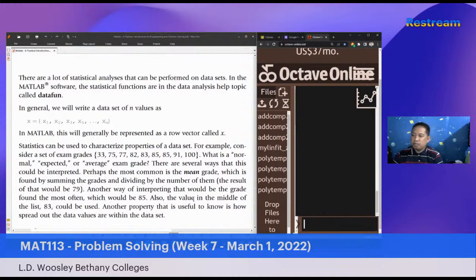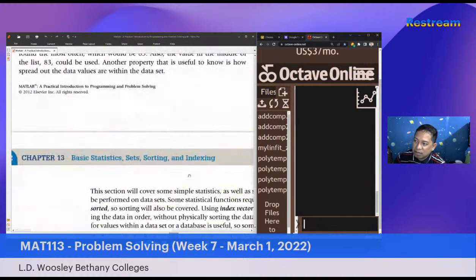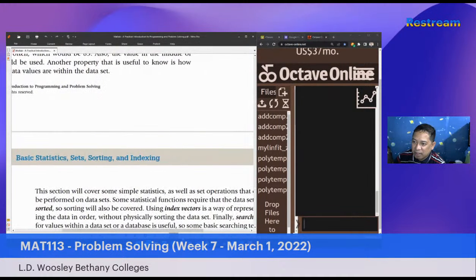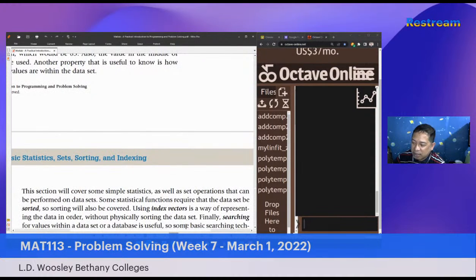So another property that is useful to know is how spread out the data values are within the data set. So yung spread naman, so may kinalaman dito yung we could make use of standard deviation or variance as the measure of spread or variability for the central tendency. Measures of central tendency, because they're somewhat related, no? Those that are found in the central tendency, we could always analyze the spread of the data. The same data set, but we could identify how spread or how varied is the data.